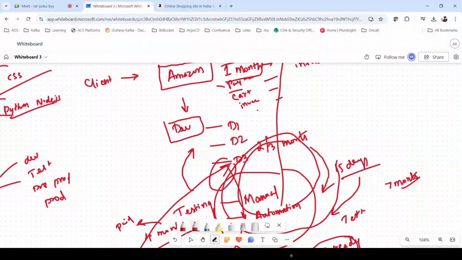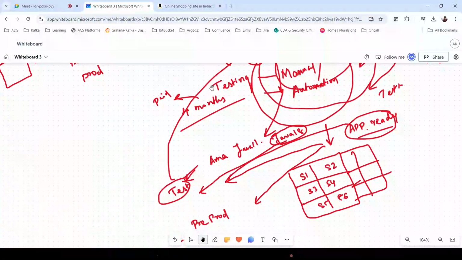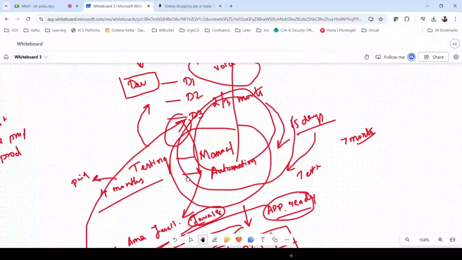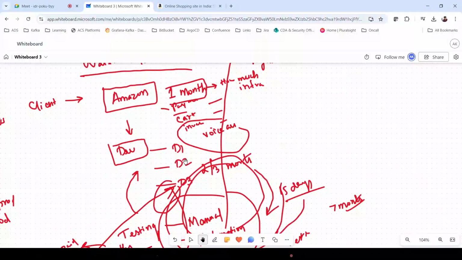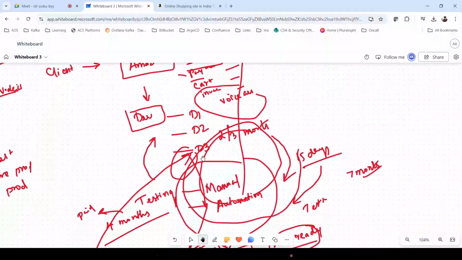If you have to add voice assistance, they can't proceed, because to complete this work it already took almost 1 year for the development team to develop, the testing team to test, and the infra team to deploy. So the main disadvantage is that once the client decides on features, it cannot be changed in between, because if they try to change, the entire model will collapse and it will take another 1 year.